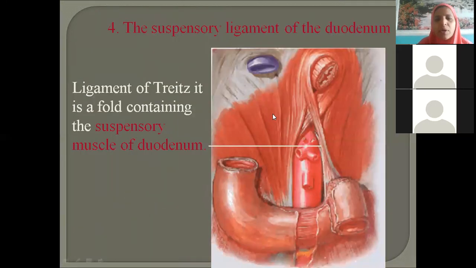Many times I told you about the duodenum, that it has 4 parts. Suppose this is the pyloric end of the stomach, if you continue like this, we will have the first part, second part, third part and fourth part. Now why am I talking about the duodenum? Because here also we are finding one thickening, extending from the first part of the duodenum to the fourth part of the duodenum. This peritoneal thickening is called the suspensory ligament of the duodenum. Hope my voice is audible for you all.